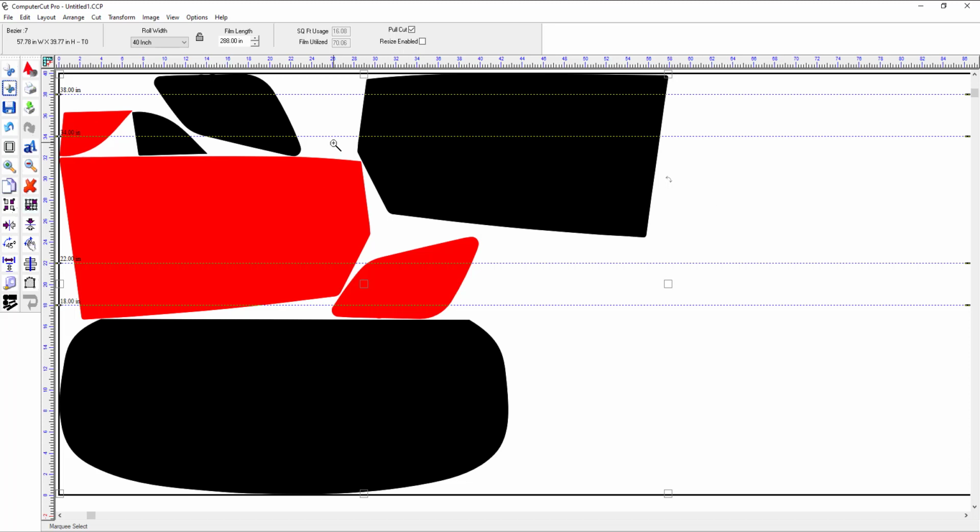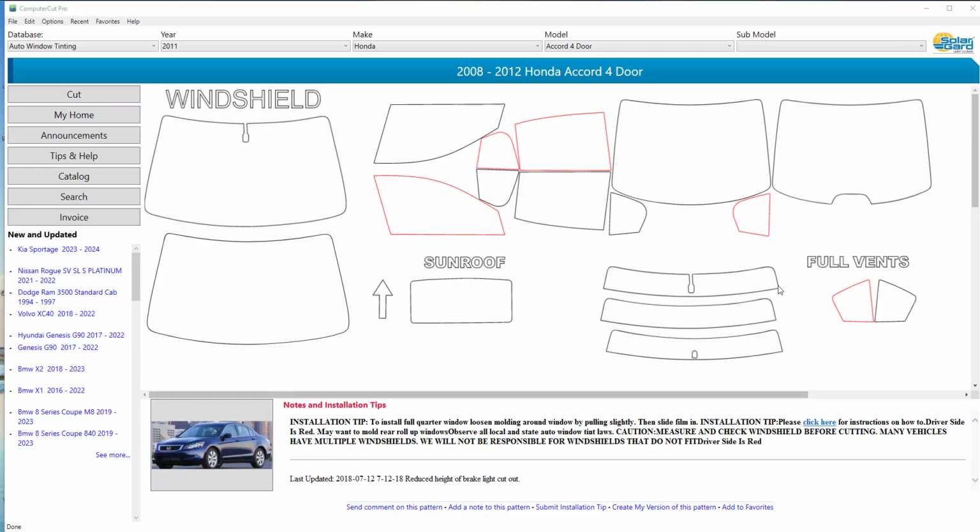There's a bunch of other stuff that you can do in ComputerCut Pro that you couldn't do in the old ComputerCut, like for instance these guidelines. You can adjust the guidelines and everything. You can also change these blank sizes here to custom sizes, and these are all videos that I'll get into later on. And one final point I wanted to make: when we migrated all of these patterns over from the old ComputerCut servers to the new ones,